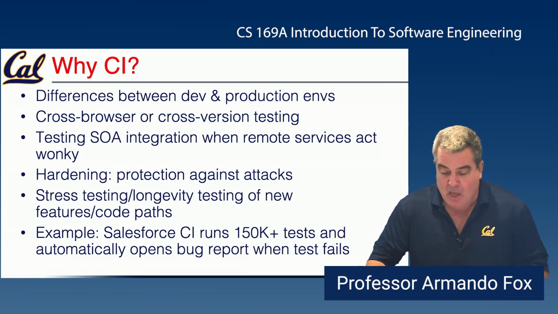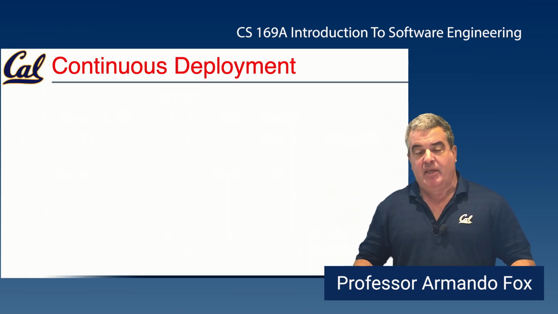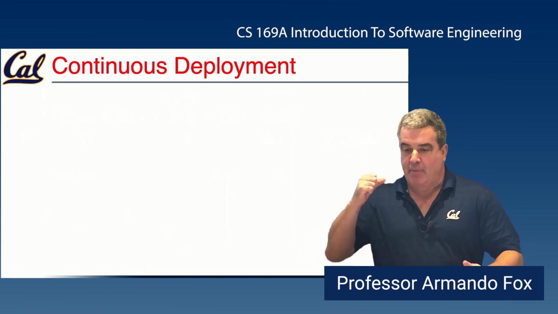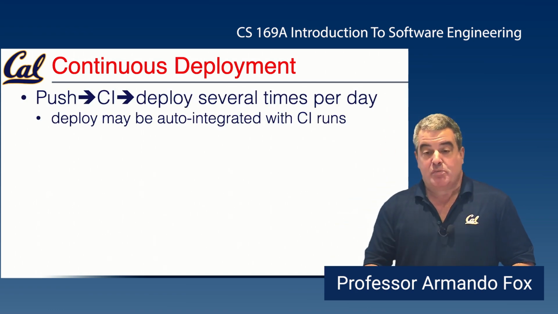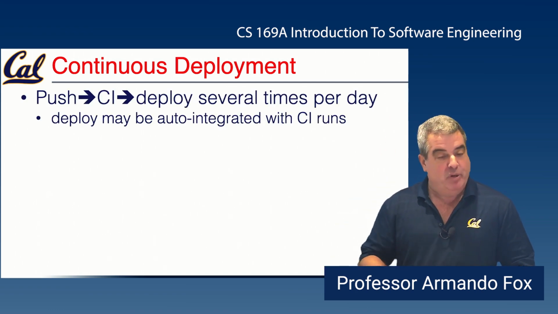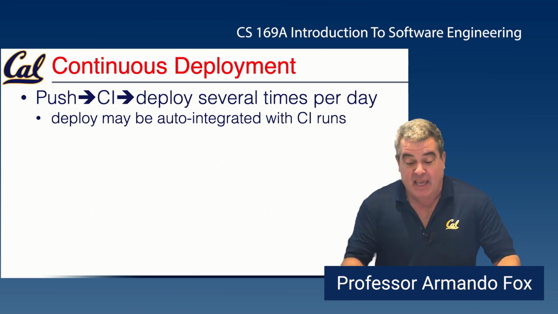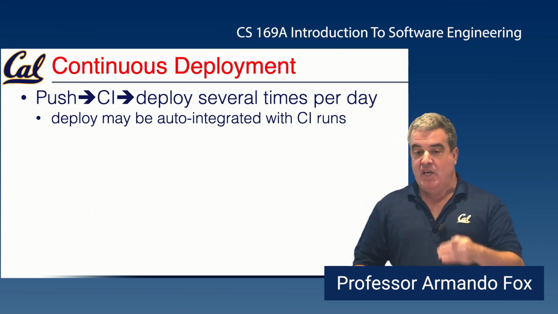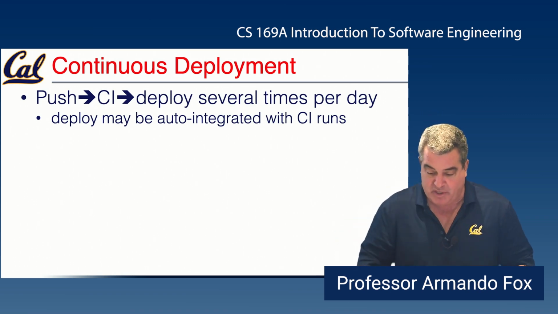Related to this is continuous deployment. If you are really confident of your CI environment, meaning that if your CI tests all pass, you are really confident that the app is ready for prime time and does not need to be tested by a human being any further, then you just make that part of the CI. So whenever you push, CI runs, and if CI passes, that automatically causes the app to deploy without you doing a manual deployment. And again, GitHub and Heroku, for example, have integrations that support this. You can set it up so that if the CI workflow passes, the next thing that happens automatically is it gets pushed to Heroku and the app gets restarted.